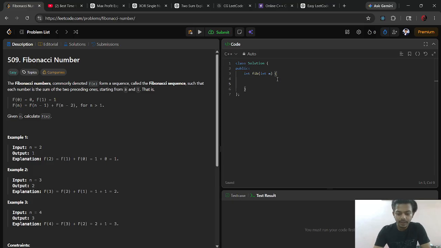Firstly, we try our base case. If n is equal to 0, it just returns 0. Then if n is equal to 1, it returns 1.